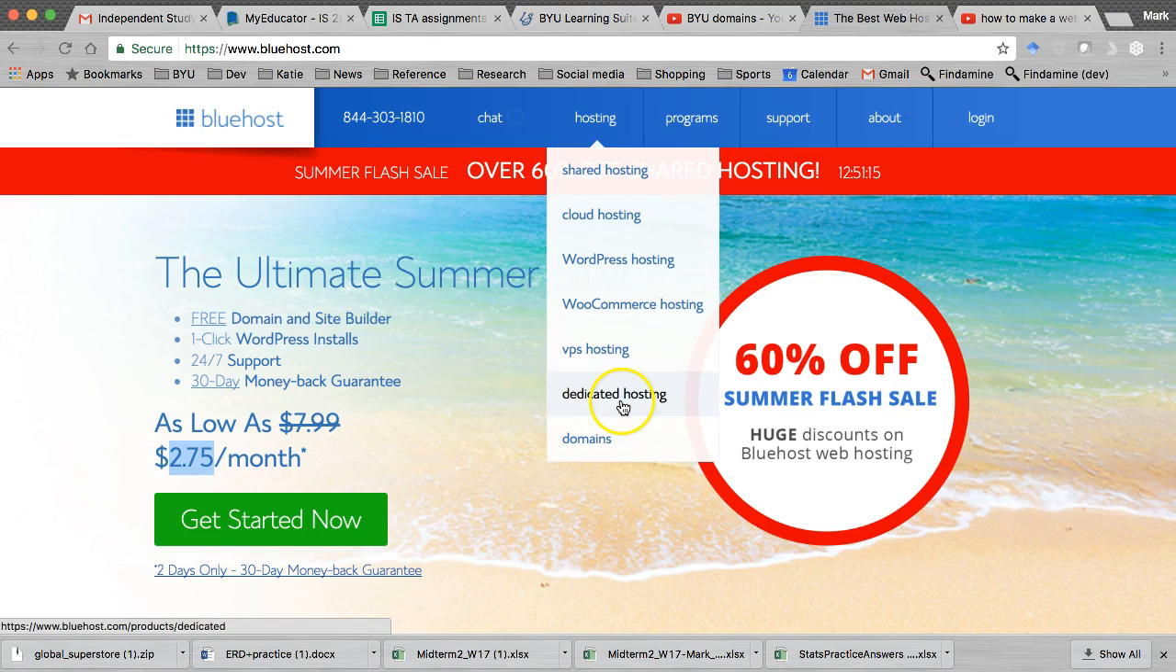Dedicated hosting means they're not just going to give you a virtual computer, they're going to give you your own server, physical server that you have full and complete control over. Domains, you can just search for domain names. Anyway, what I want you to do is just click here on shared hosting,